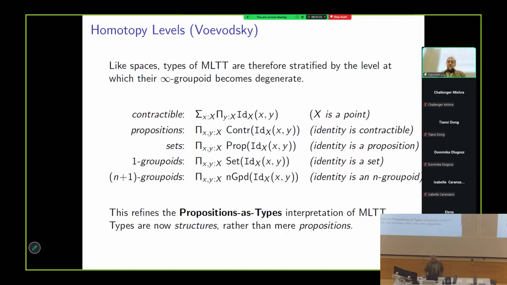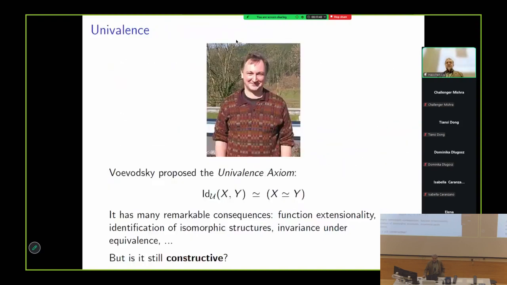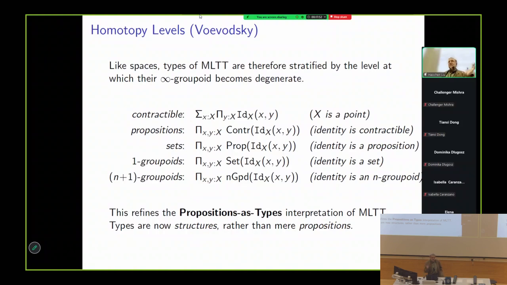And now I don't expect you to understand this slide, but I want to just mention this name, Voevodsky. When we started working on this project, it caught the eye of a famous homotopy theorist. I think I have a picture of him here somewhere. There he is, Vladimir Voevodsky. It caught the eye of Vladimir Voevodsky, Fields medalist and homotopy theorist, and he started collaborating with me and my students. And one of the ideas that he came up with, which was very insightful and useful, was that